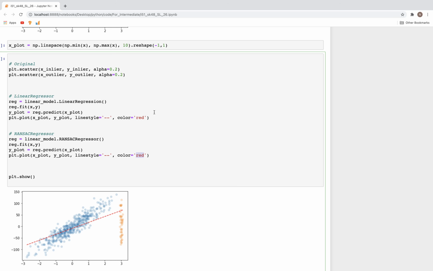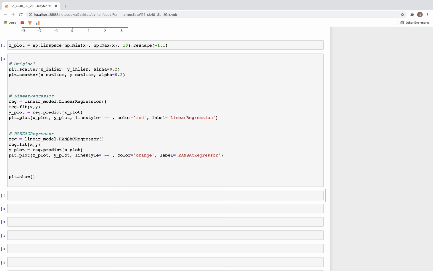And let's label this, so label, this is linear regression, and then this is RANSAC regressor, and we can give it a different color, let's say orange color,